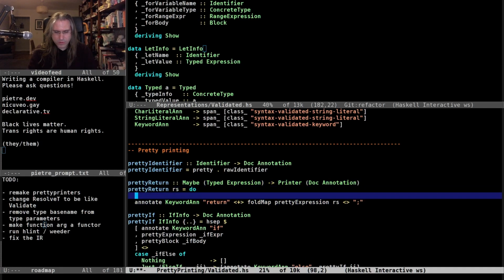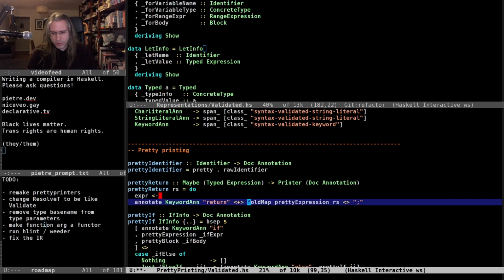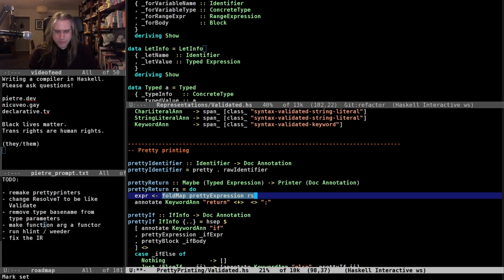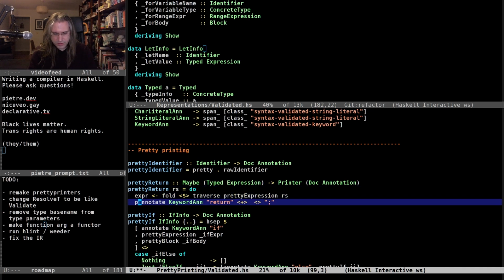And here I'm gonna get the expression by doing this fold map, which is actually in this case a traverse. It's a fold of traverse because now it's monadic. Now it is this.